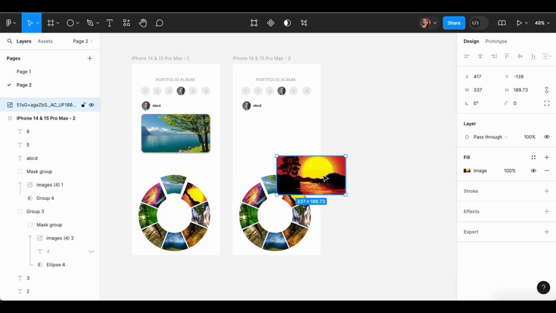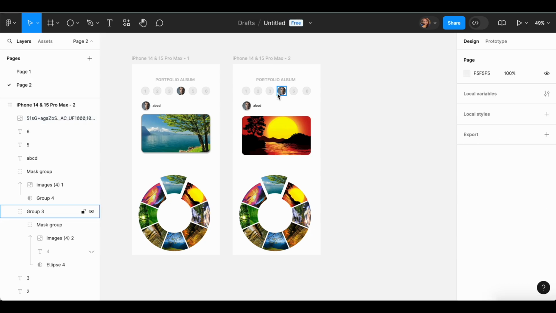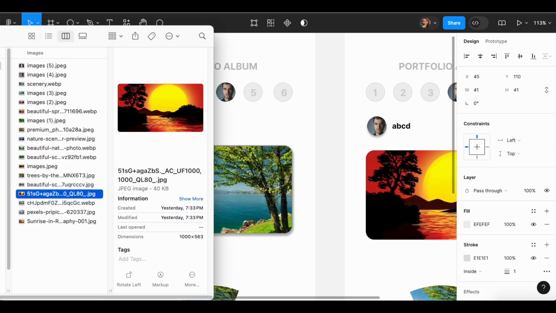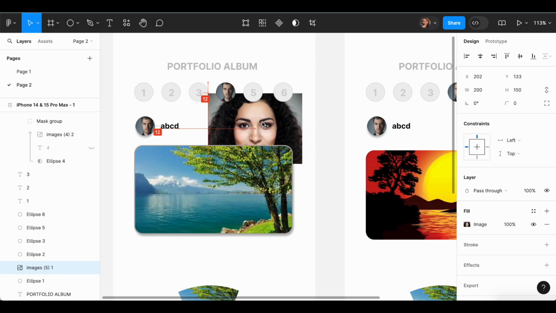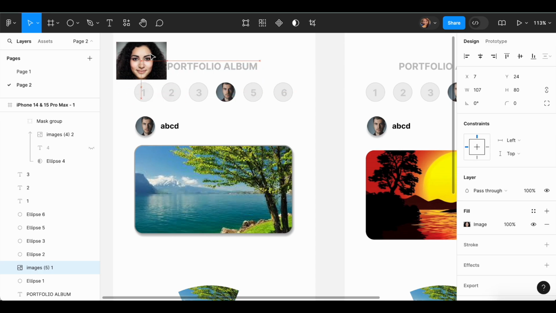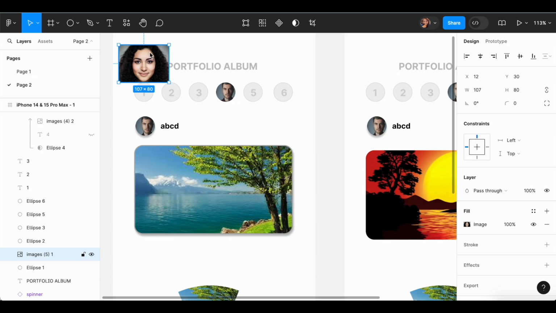You can change it from the top right and change the curve. So curve is 18 here, and we will maintain the dimensions of the curve. Now we need to change the profile tab. So this is the first step I'm doing, and then later on we'll move on to changing all the profile tabs. So this is just a dummy image I have taken, and quickly let's work on it